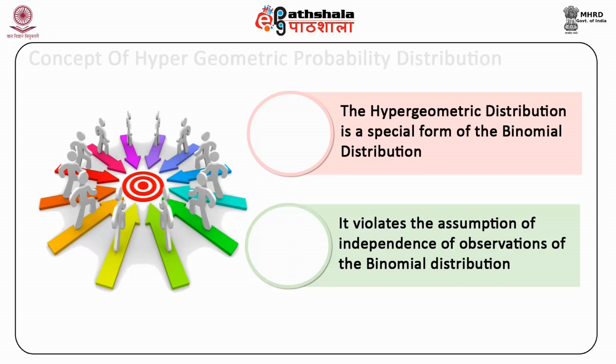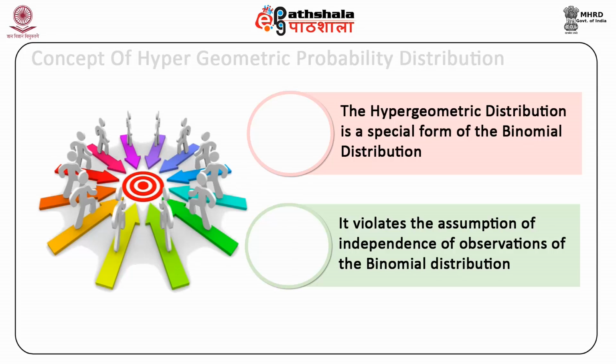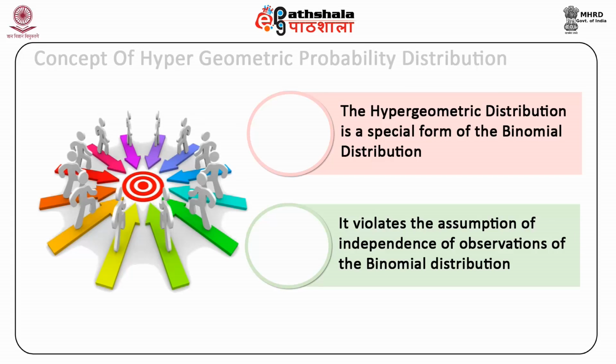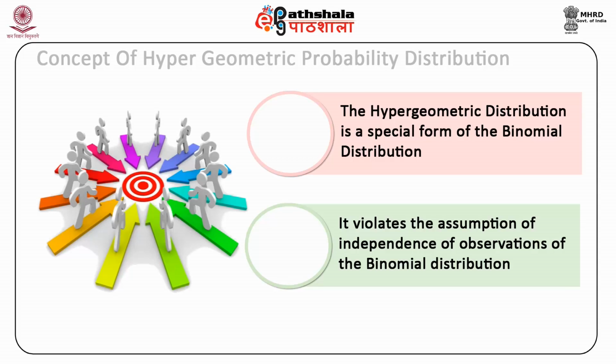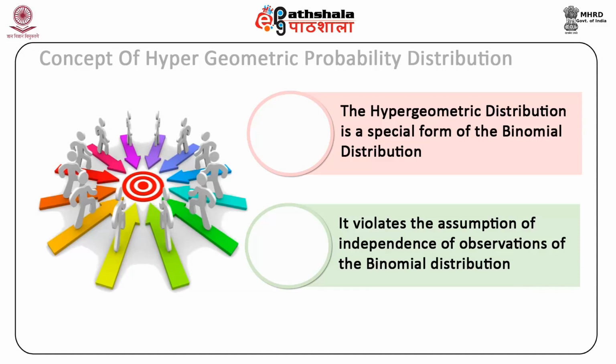Hypergeometric distribution model is applied when sampling is from a finite population and without replacement, whose elements can be classified into two categories, success and failure. For example, consider a box that has 10 marbles, out of which 5 are red and 5 are green. You are required to select 2 marbles without replacement and count the number of red marbles you have selected. This would be a hypergeometric experiment.